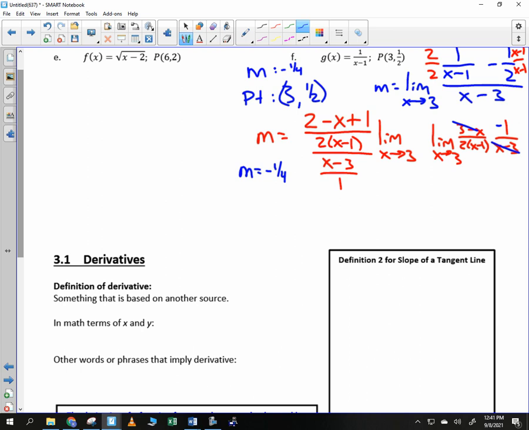How do I write that equation for that line? y minus 1/2 equals negative 1/4 times